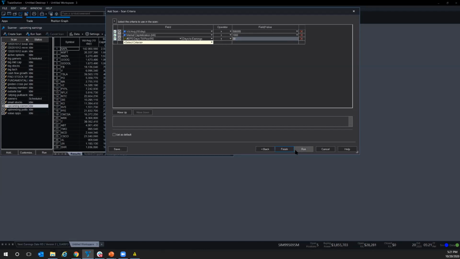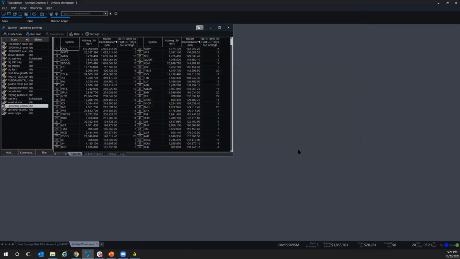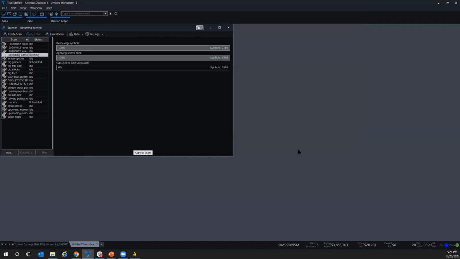This value simply plots. I'm going to run it. What this does is simply plot how many days until earnings. So smaller numbers mean we're closer to earnings. Remember, it is estimated. So what you might want to do is use Scanner, build a list of stocks, then you can copy them out of Scanner and put them into RadarScreen so you can then track them. That's just a way to do it. You can see it's doing some calculation here, and it's going to be finished in a second. While that's running,